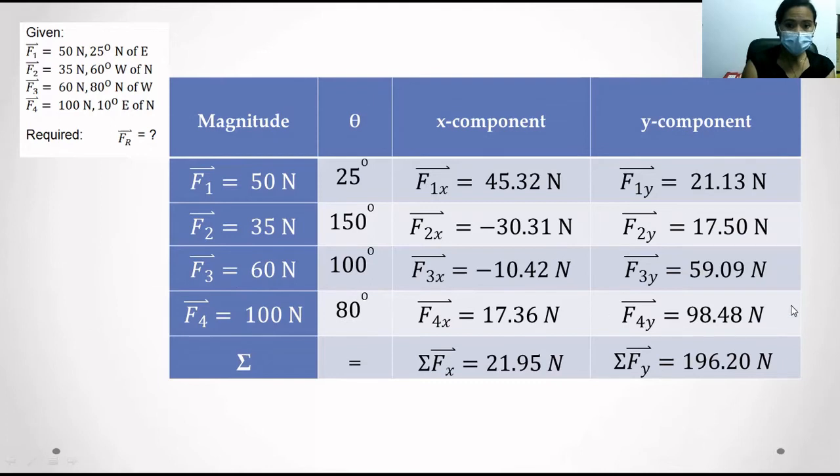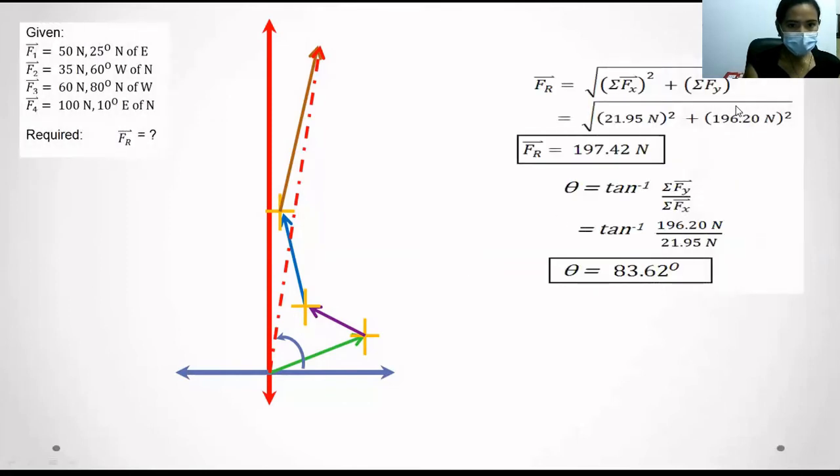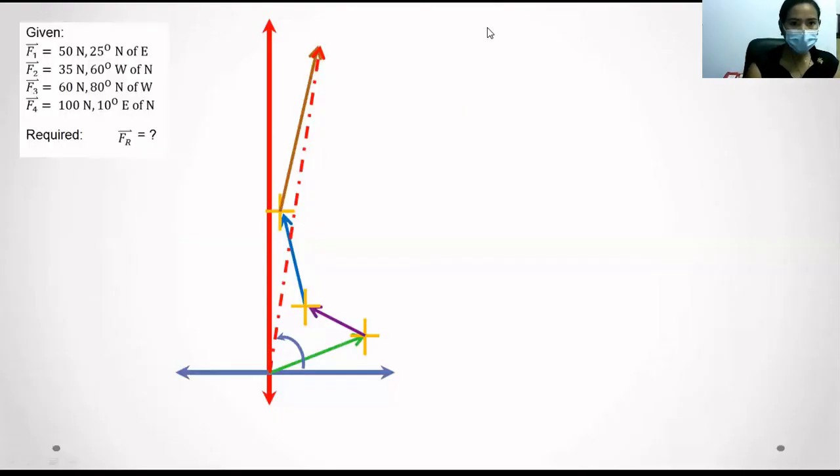Now, let's add up our y components, and that will give you summation of F sub y equals 196.20 newtons. So these values are essential in finding our F sub r. Okay, let's continue. So here's the diagram we had earlier. Now, to solve for our F sub r, again, to solve for our F sub r,